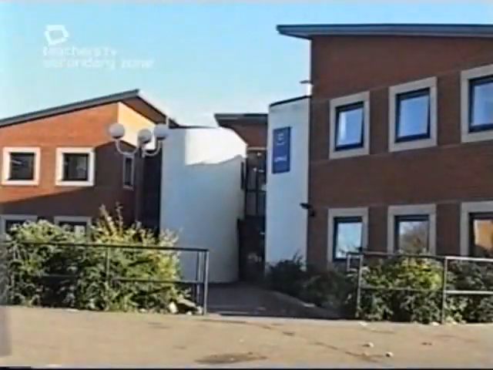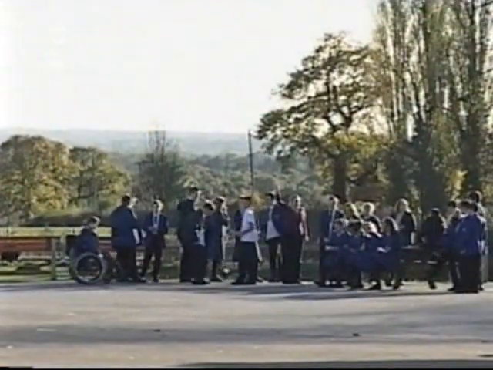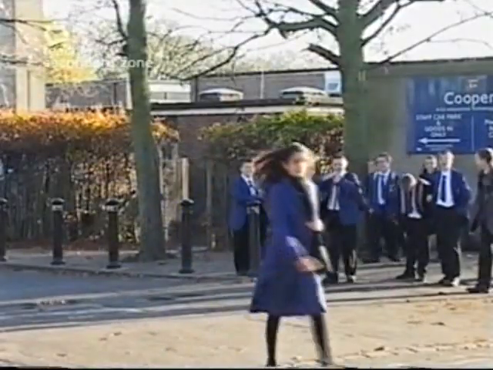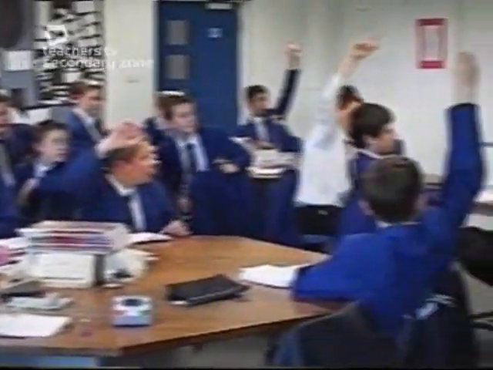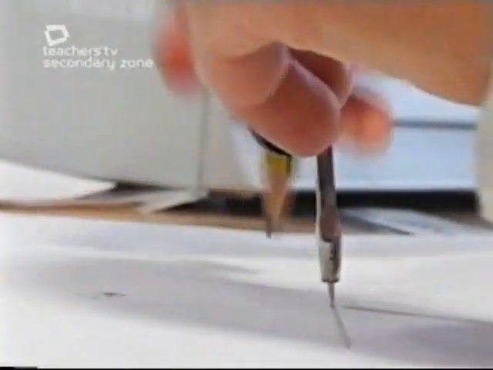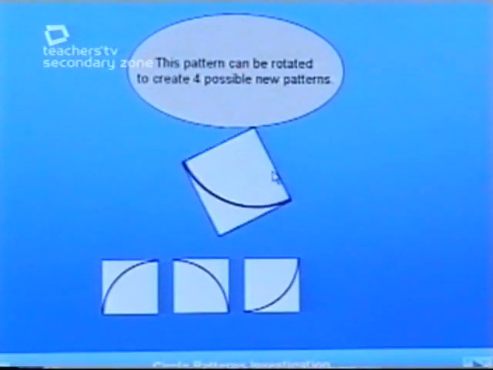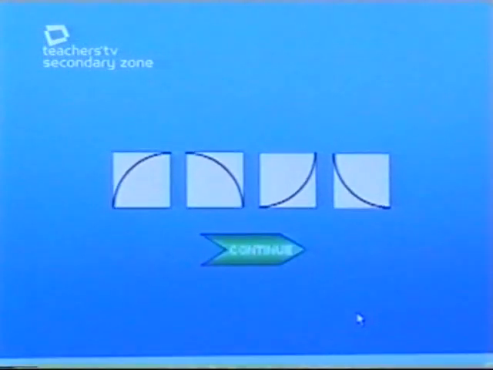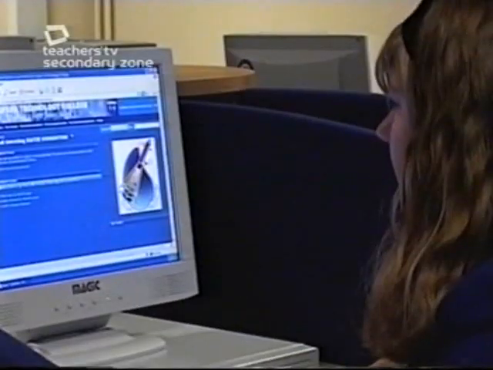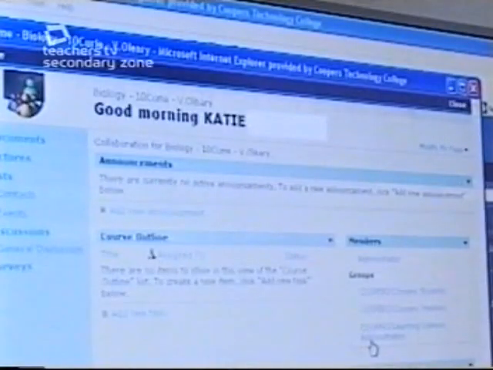One school that is already exploring the potential of a virtual learning environment is Cooper's Technology College in Kent. They're working towards a system that can be accessed 24 hours a day by pupils, teachers and parents, and where the content is personalised to suit all learning styles and abilities. We've invested very heavily into our digital plumbing, our computers, our systems. But once you've done that, that's very mechanical. It's about why have you done it. We've done it because we see that young children are engaged when the work is personal to them.